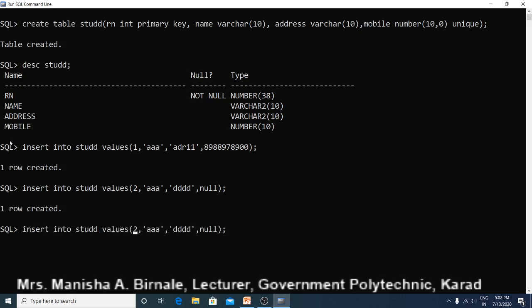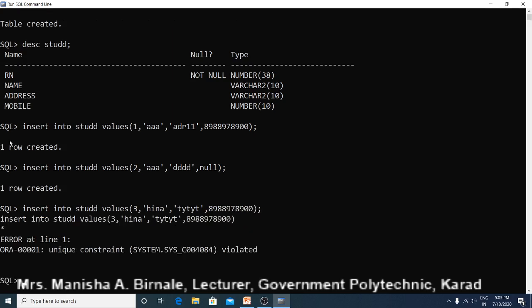Now suppose we want to insert a third record, roll number is 3. Suppose name, this is the address, and suppose we try to enter the same mobile number.